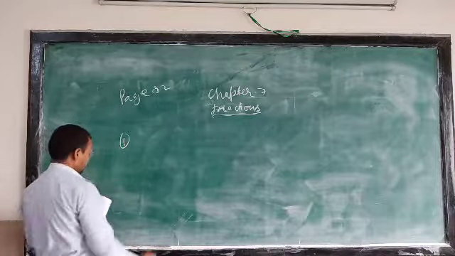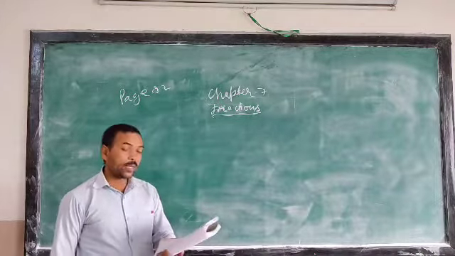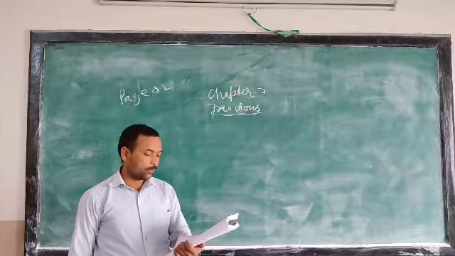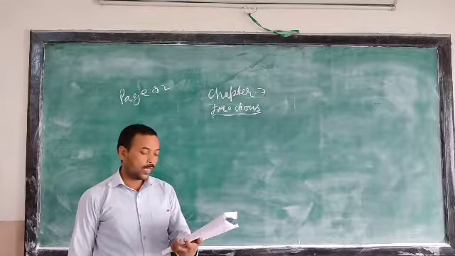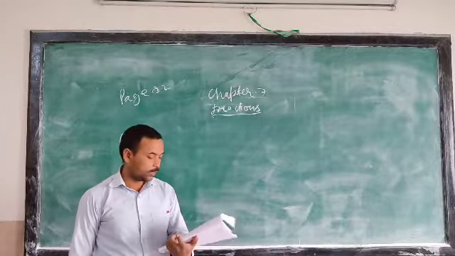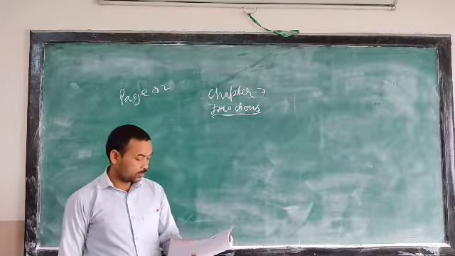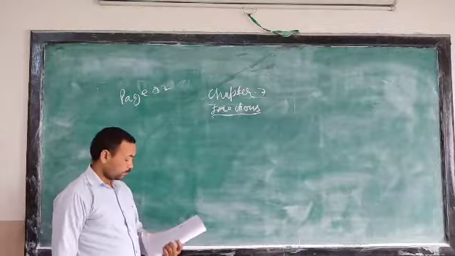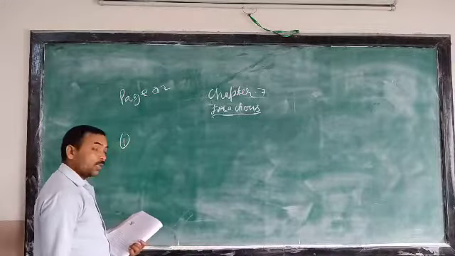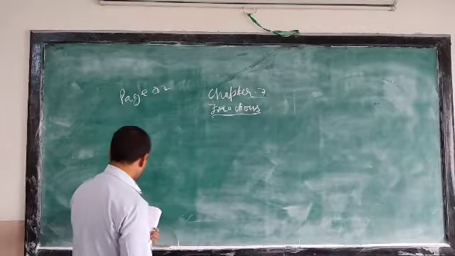Here you can take your textbook and read the question from the book. A labourer worked 4 and 3 by 4 hours in the morning and 3 and 1 by 6 hours in the evening on a particular day. How many hours did he work on that day? So you know, here we add. You can write the statement in your language or any way.